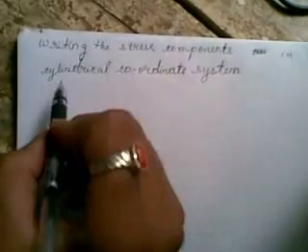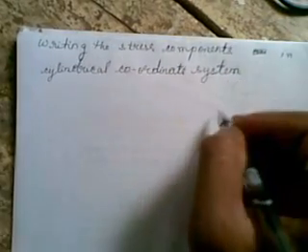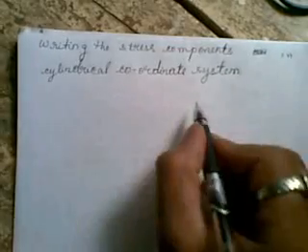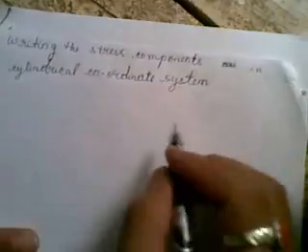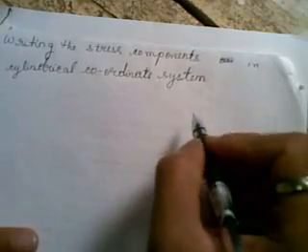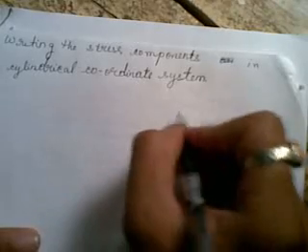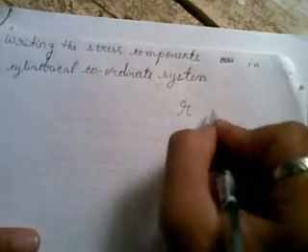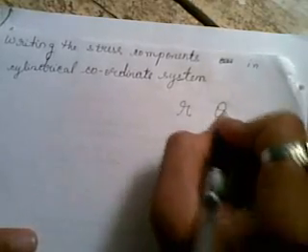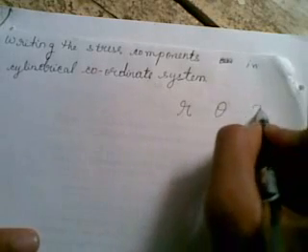Hello, we will now look at how to write the stress components in the cylindrical coordinate system. For this, we first look at what is a cylindrical coordinate system. A cylindrical coordinate system is written in terms of the radius vector, the angle, and the height z. Okay, now we shall write a section of a cylinder